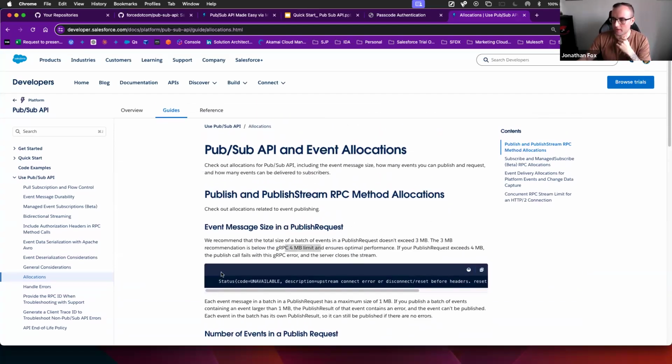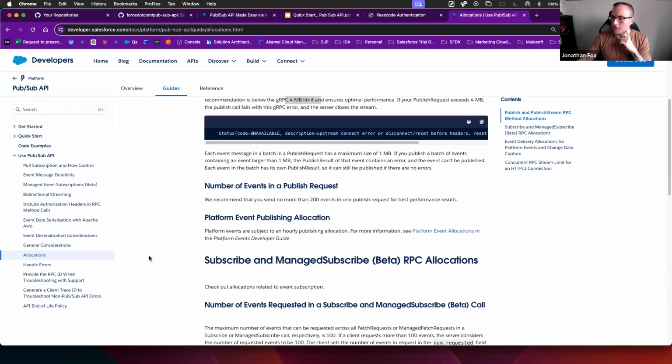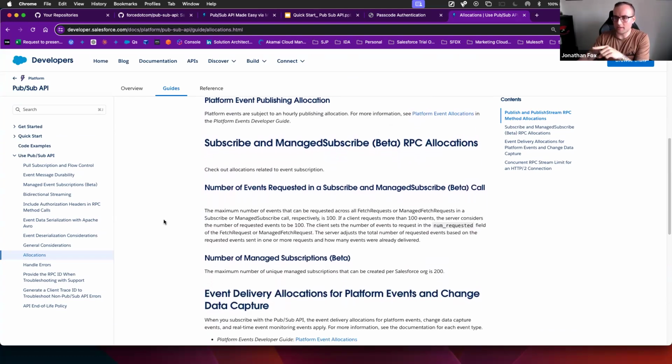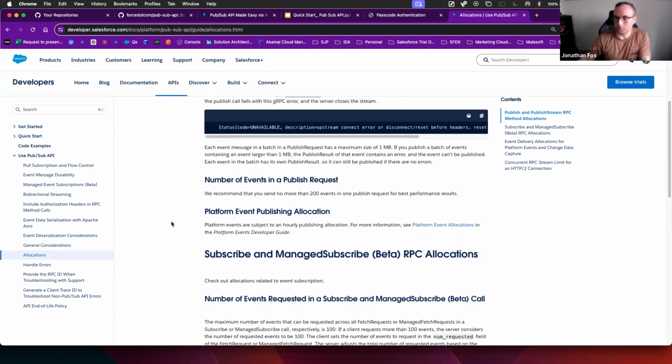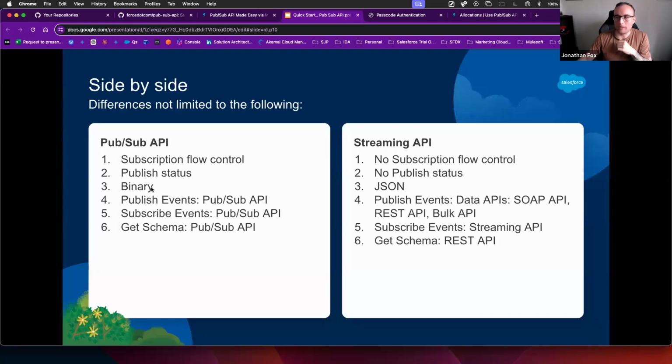There's a 4 megabyte limit there, things like that. So yes, there are some governor limits you have to bear in mind. I believe they share the same limits on the subscription side as the streaming API, but obviously they're not the same for publish because there isn't a publish for the streaming API. So it's worth having that bookmarked and to hand.